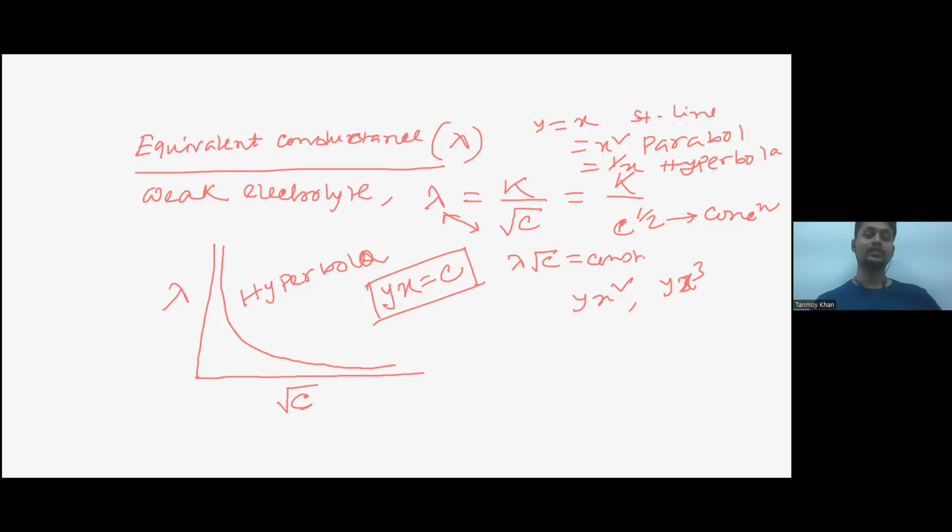So this is very easy: how to plot lambda, equivalent conductance, with concentration of the electrolyte. Remember, this is only for a weak electrolyte. These basic things you will learn whenever the due courses come. But for a strong electrolyte, this equation is somewhat different. That time it is lambda equals lambda 0 minus K root C, and this is known as the very famous